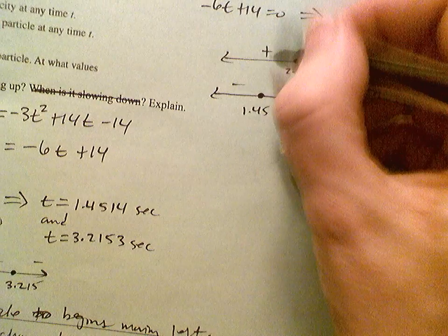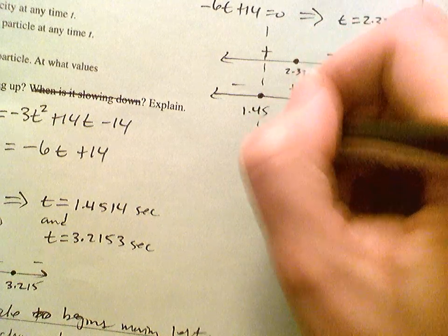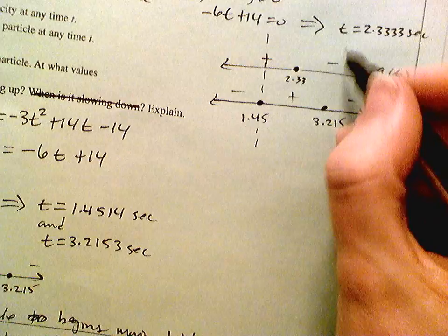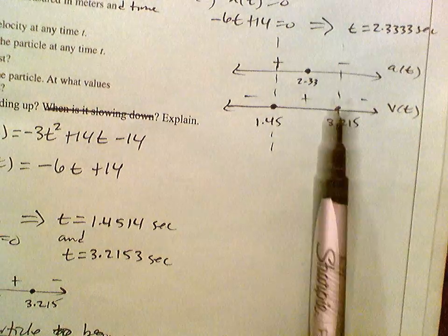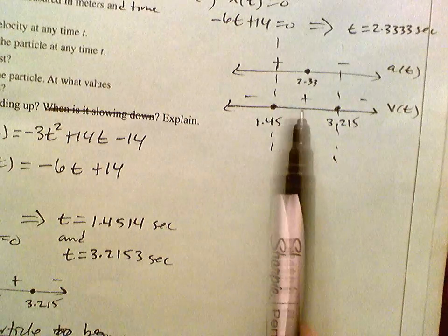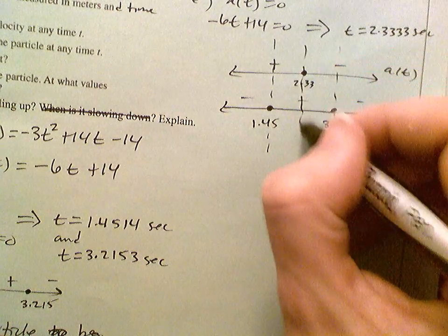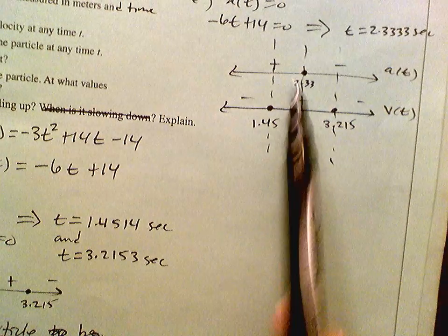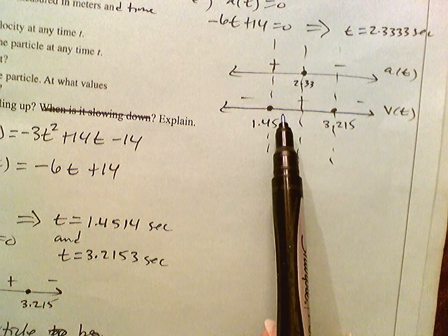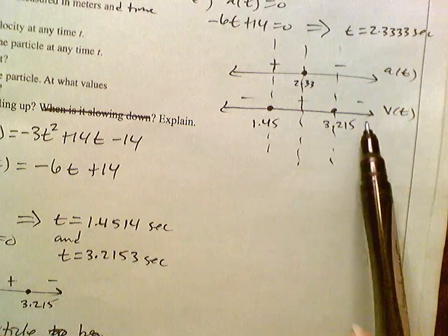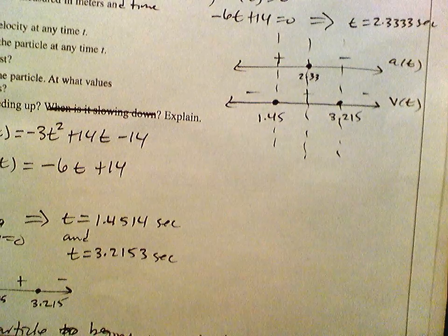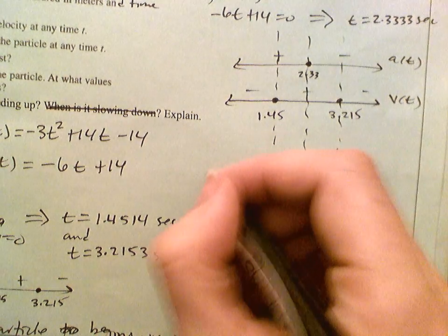If I go like that, maybe that helps. So we're going to have this interval overlapping for both positive, and those intervals overlapping for both negative. So I'll say speeding up,